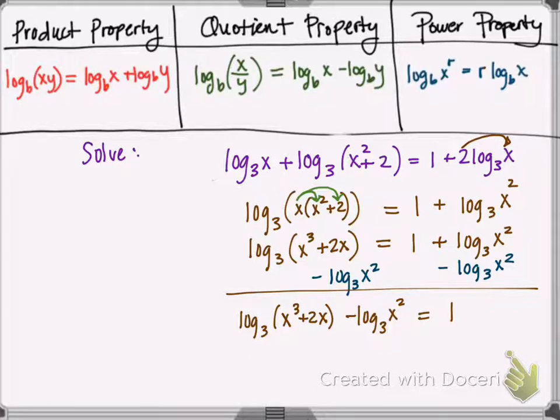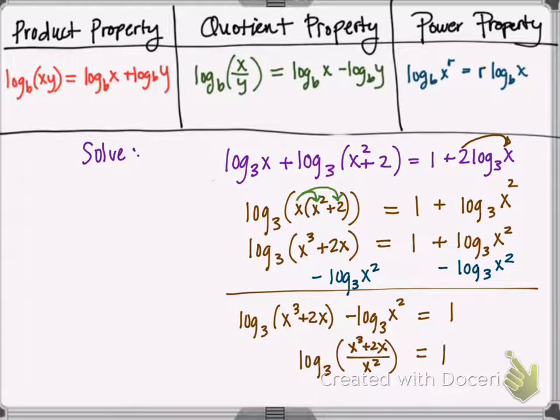So now on the left-hand side, since I have two logs of the same base, I can combine this as one single log of the same base. And since I'm subtracting both of these, I'm going to be using the quotient property that says if you're subtracting them, you can combine them as one single log, and you're going to divide the arguments. The first argument goes in the numerator, the second argument goes in the denominator. So my argument is going to be a fraction. The numerator will be x to the third plus 2x, and the denominator will be x squared,